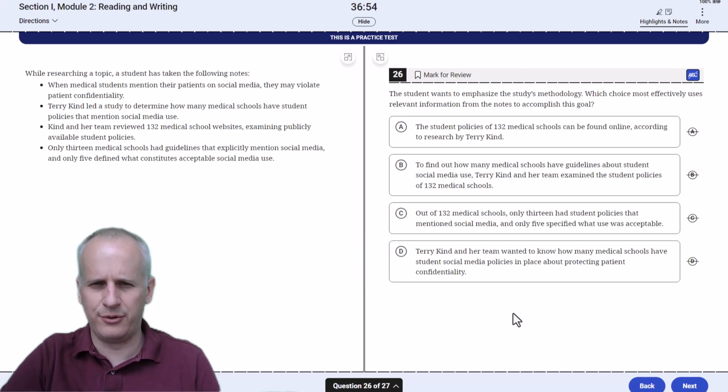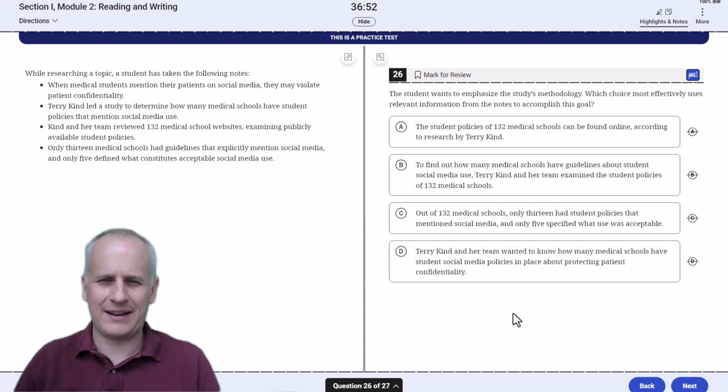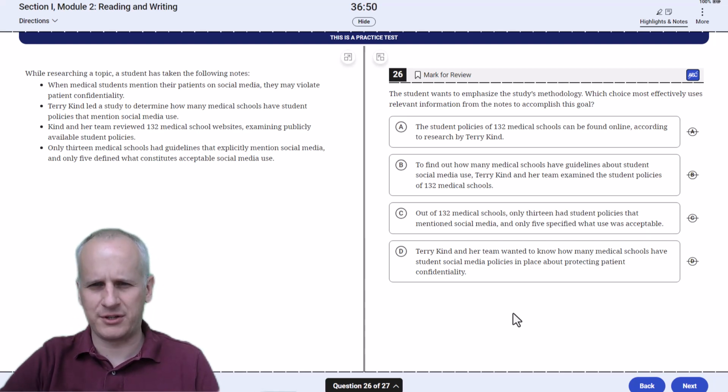and we're just going to work through in reverse for that strategic time management piece that we talked about a little while ago. Same style question for a handful of these at the very end is what you're going to see at the end of every reading and writing module. So once again, we need to focus on what the student wants to highlight, and we're going to emphasize the study's methodology. So we're going to read these bullets on the left, again, ignoring the introduction, focusing on highlighting whatever